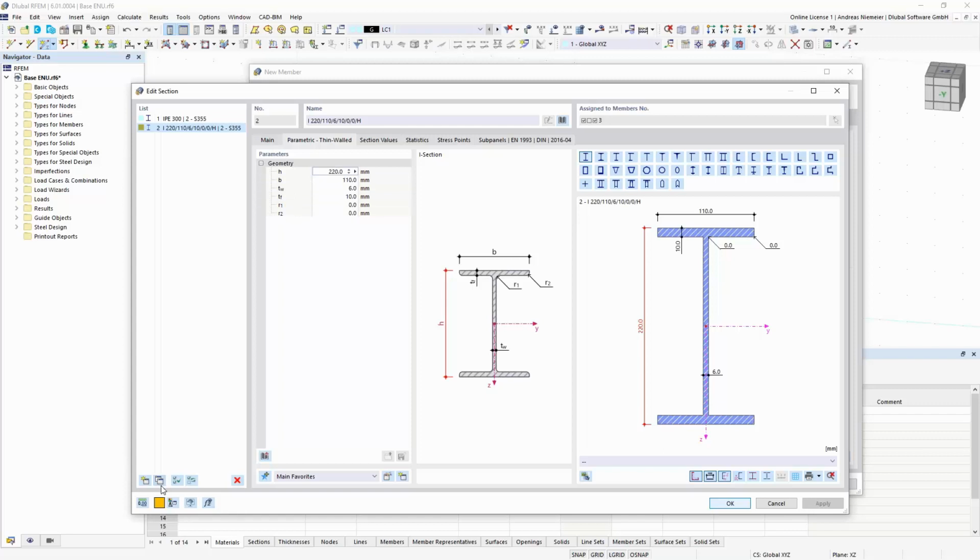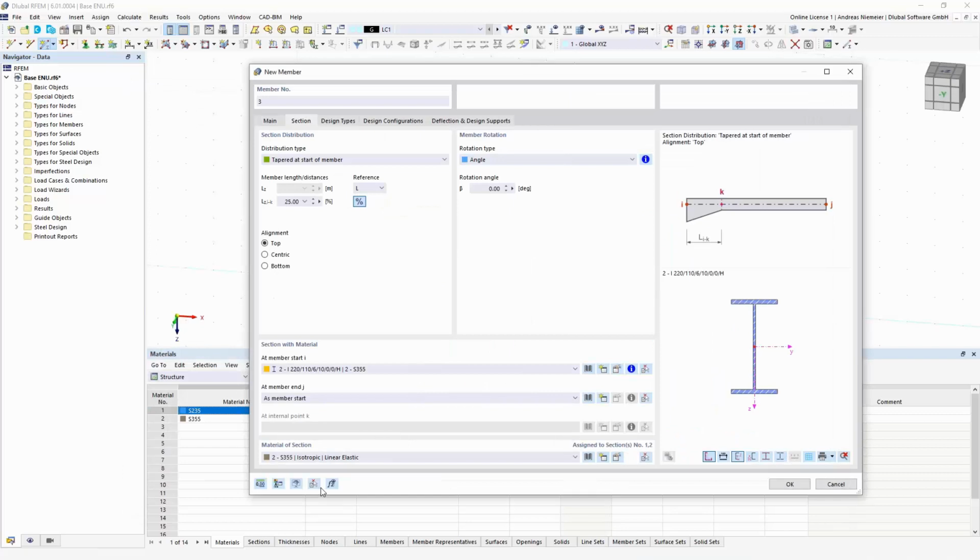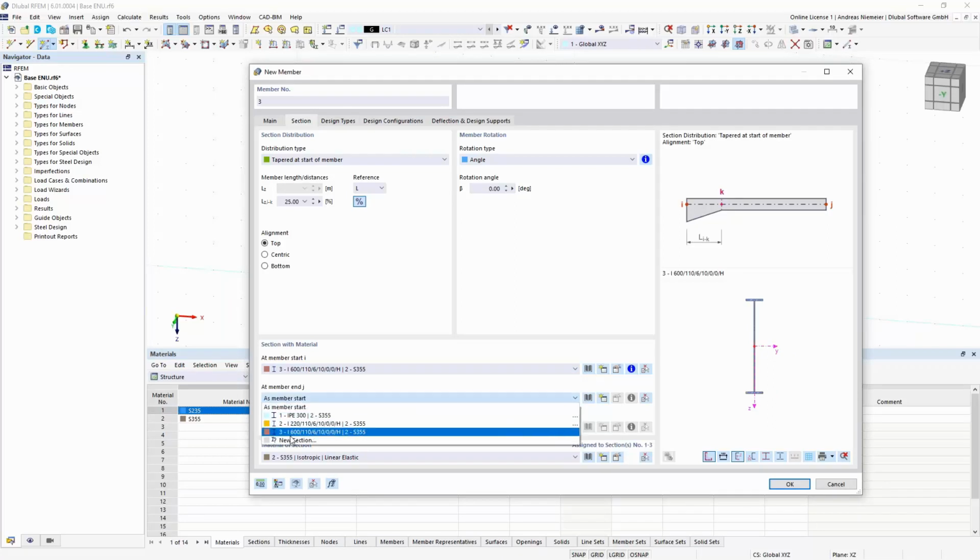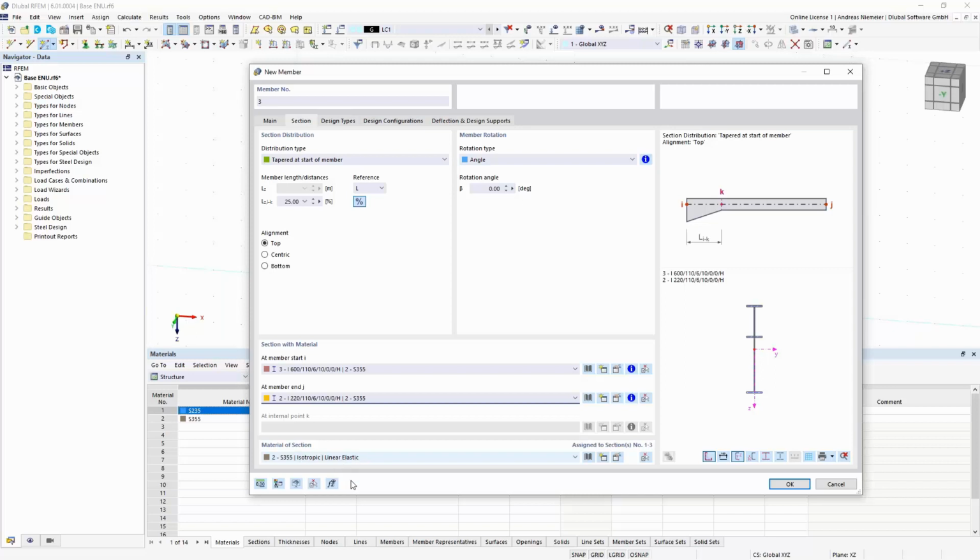Let's create a second one from this cross section and increase the height to 600, for example. And now place this cross section here. At the start of the member we can use the 600 millimeters. In the middle, so at the end by point J, we use the smaller one.